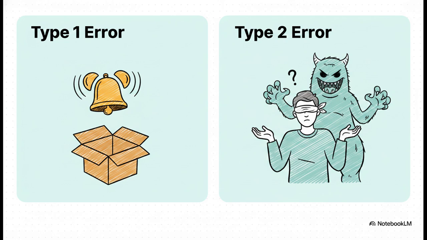A type 1 error is like pulling a false alarm. Our statistics accidentally tell us we've found a meaningful difference, or maybe a cure, but in reality, it's just a fluke of the data. There's no fire. A type 2 error, on the other hand, is the hidden monster. This is a false negative. This is when there actually is a real difference or disease out there in the population, but our test entirely